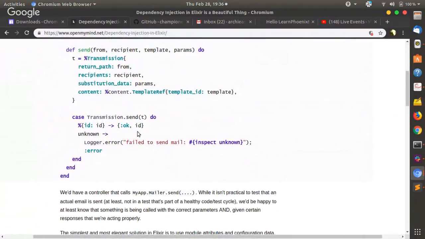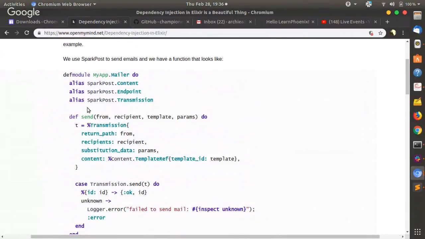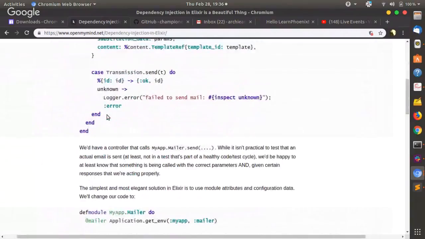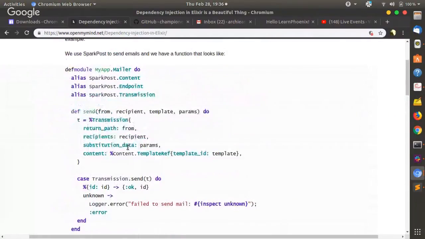Yeah. We have a controller that calls MyApp.Mailer.send. It calls this function MyApp.Mailer.send. While it isn't practical to test that an actual email is sent, we'd be happy. So I actually think maybe what they do, they make injection. Where is the injection? Send from template params. Then they have the struct case transmission send inspector none. I think I'll have to read this better. Okay. I don't understand how it works, but